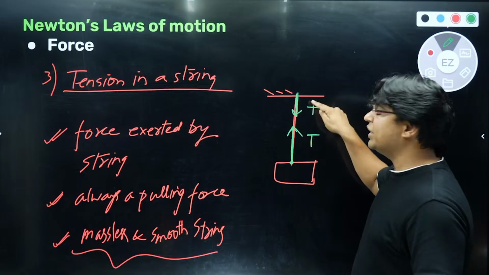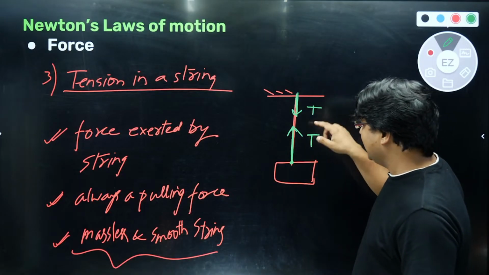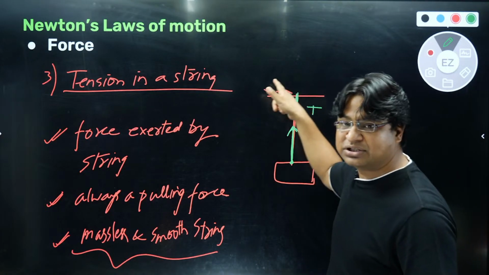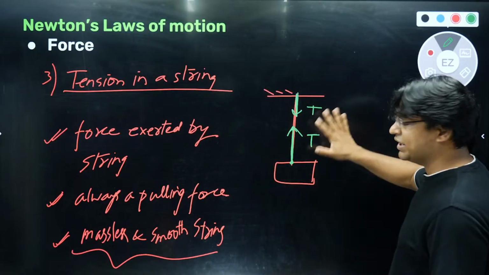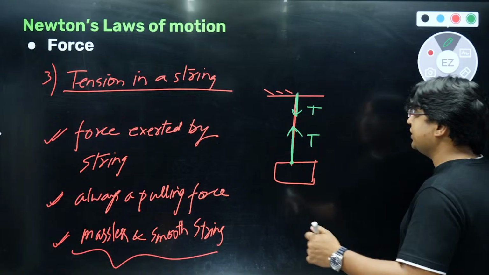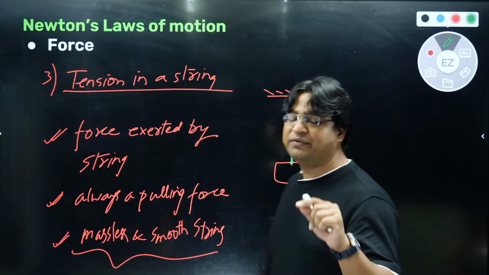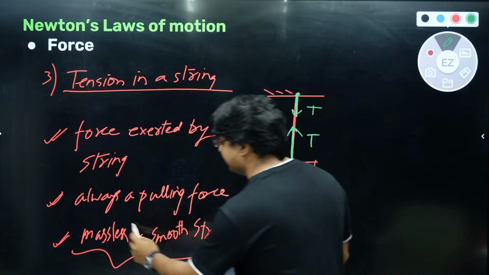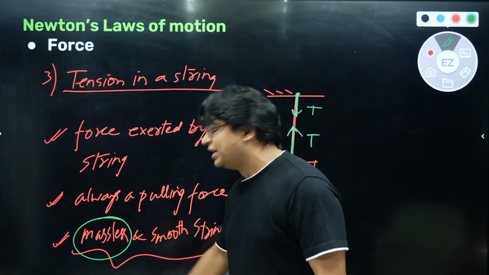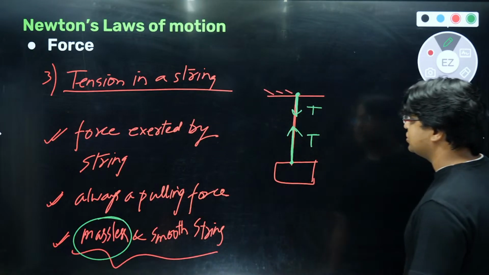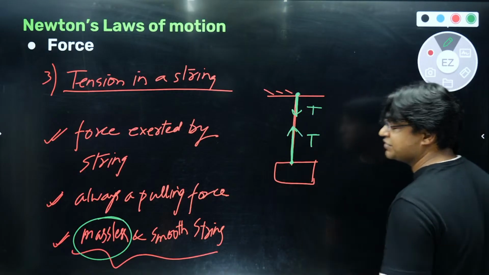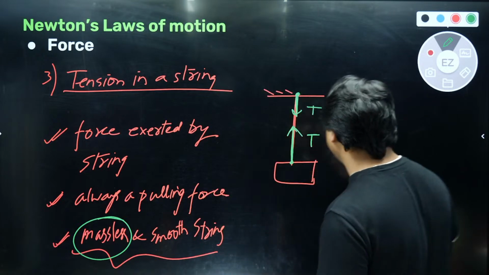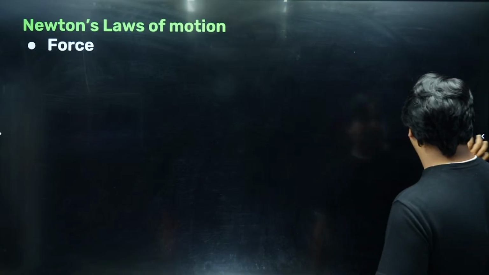And these are not an action reaction pair, mind you. This arrow indicates force on the block, this arrow indicates force on the ceiling. Both of them have been exerted by the string. So these are not an action reaction pair. I'm just trying to show you that wherever a string touches an entity, from that point we have to draw tension forces. And these two tensions could have been different if the string had some mass. The condition that the string is massless allows us to assume that tension between two contact points of a string will remain the same. So if you are assuming it to be T here, you can assume it to be T here.